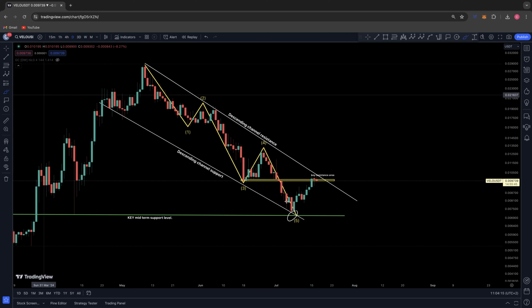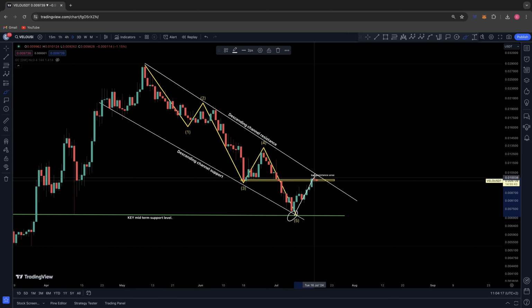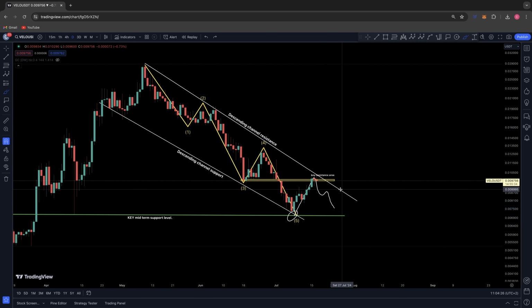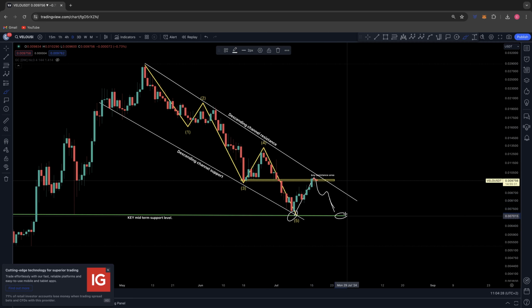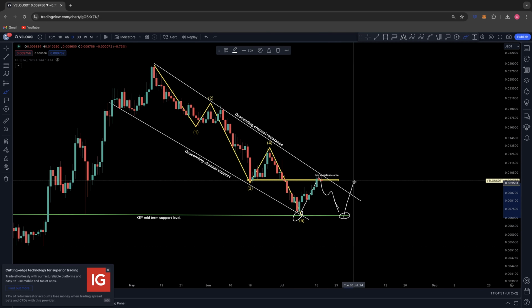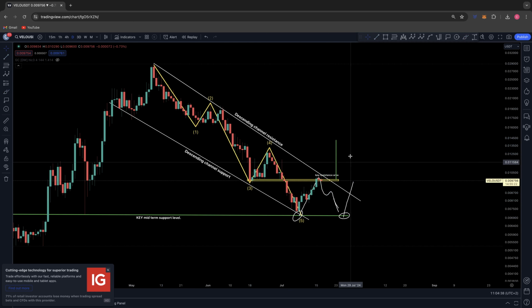Okay, so it's doing everything it needs to. We've come up from the bottom into resistance. Right now, if we could have some sort of large ABC, potentially to a higher low, it would be nice to see a higher low structure form here and then get the breakout. But worst case, if we were to come back here for a double bottom, I think it would be a fantastic opportunity. And again, you can get a technical target. If this is resistance, back down to where we've come from, and we do start breaking out, then you can see that VELO will start marching back up to roughly 0.014, which ties up with these previous highs back here